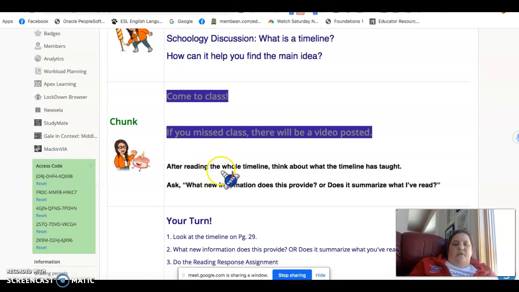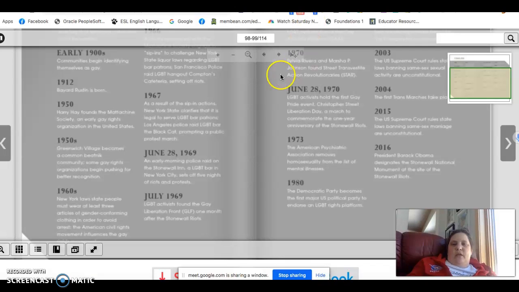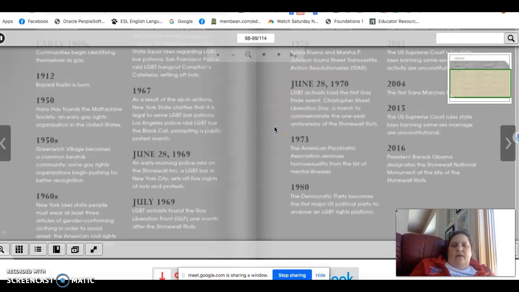After reading the timeline, so you're going to look at the timeline, you're going to read it, think about what the timeline has taught. Ask, what new information does this provide? Or does it summarize what I've read? So you can think about those 2 things as you look at the timeline. I have a timeline on here. Boom. So this is a timeline about the